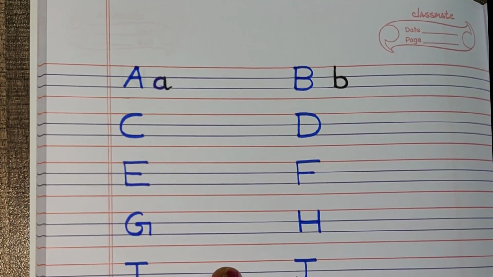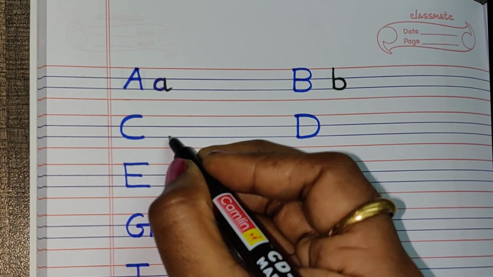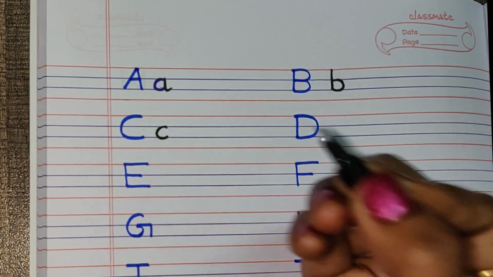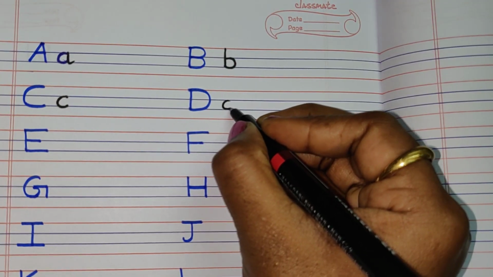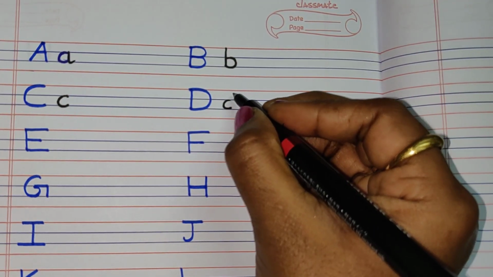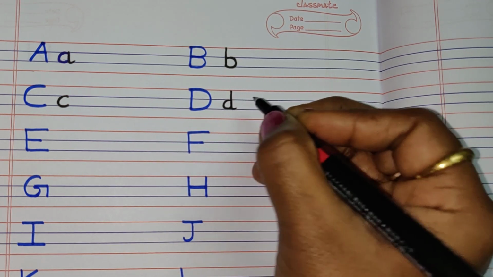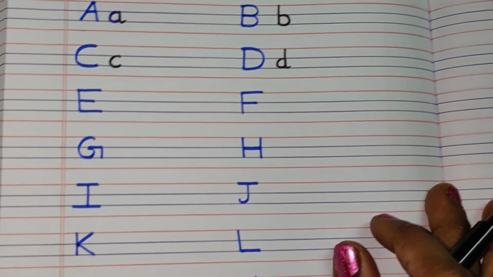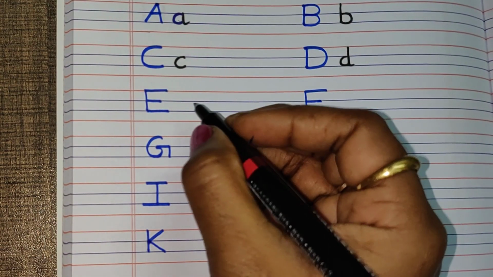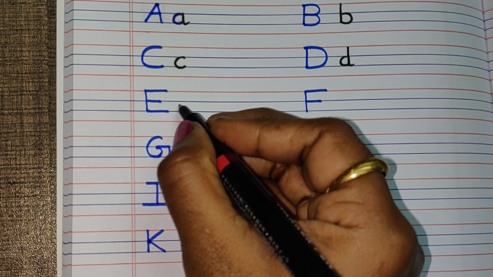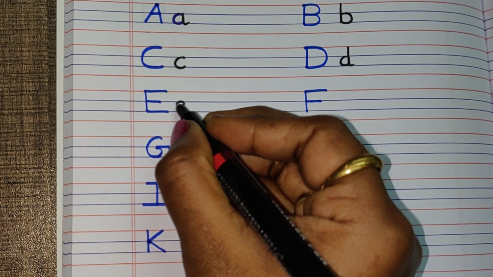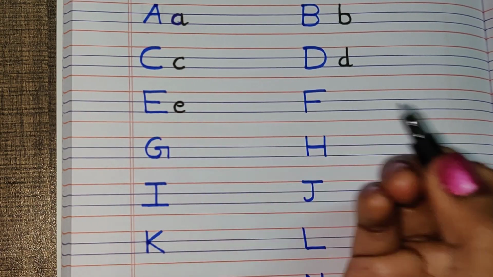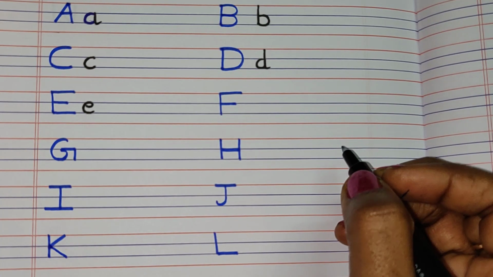Okay, this makes B. So moving on to C, a small C in between the second and third line. That's it. So moving on to D, putting C, covering the second and third line, and a standing line with a small curve, which makes D. So next is E. As usual like C, just we are putting a small curve in the starting. This also I have covered only the second and third line, which makes E.